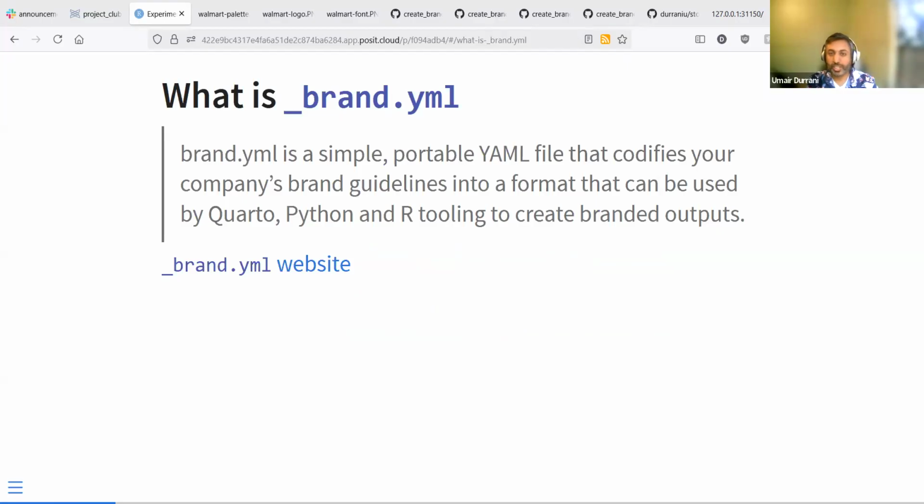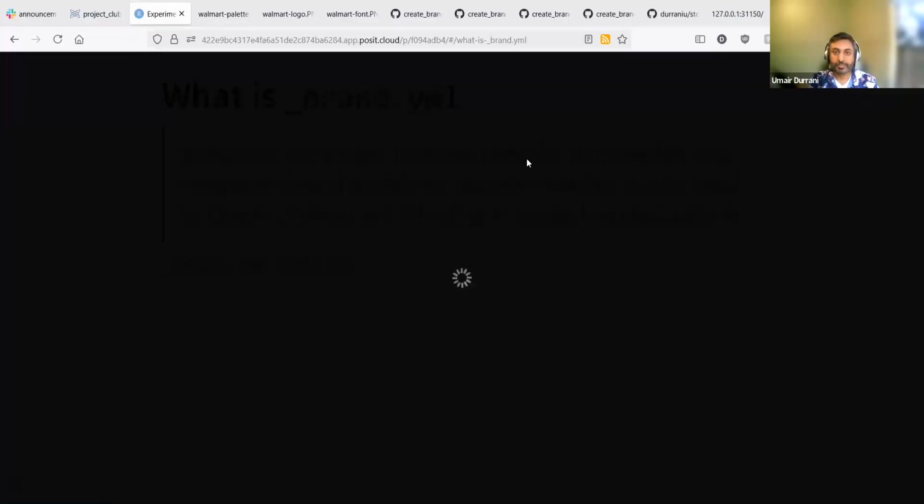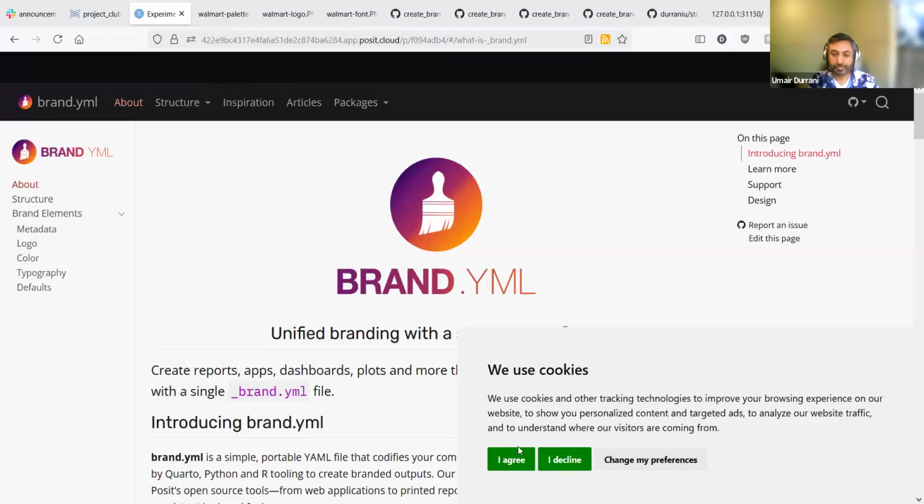So first of all, what is brand YAML? Brand YAML takes in the user input to create branding guidelines. And based on those branding guidelines, those can be applied to Quarto documents or in Python and R Shiny apps. And if you look at the website for brand YAML,